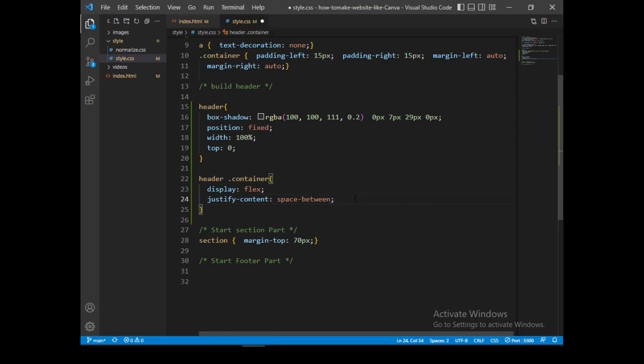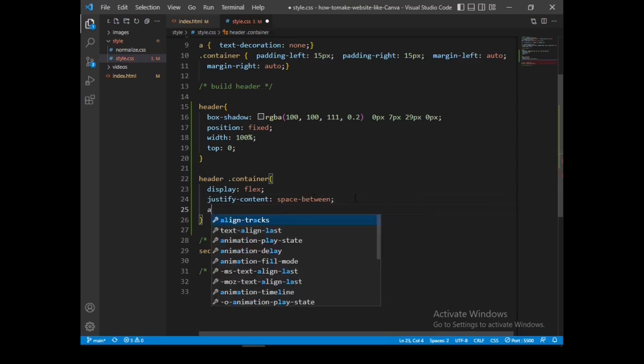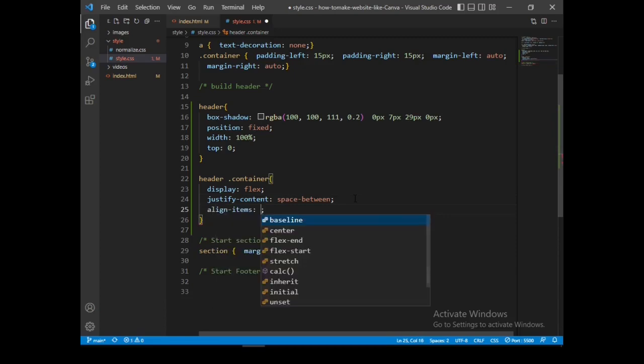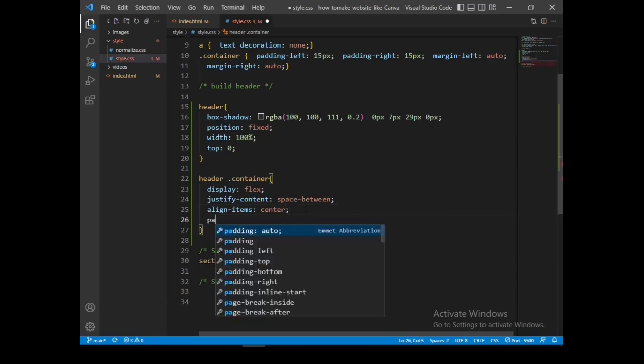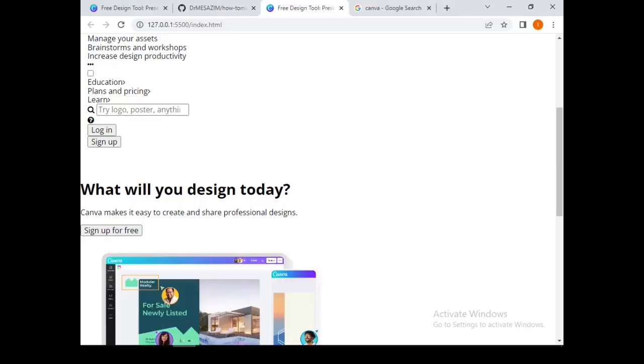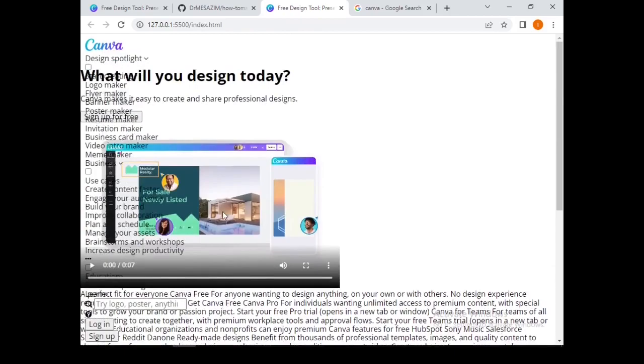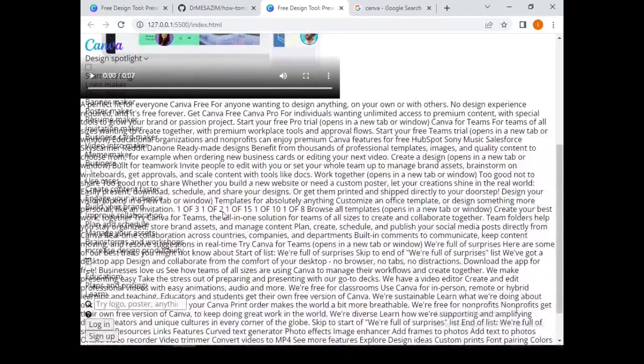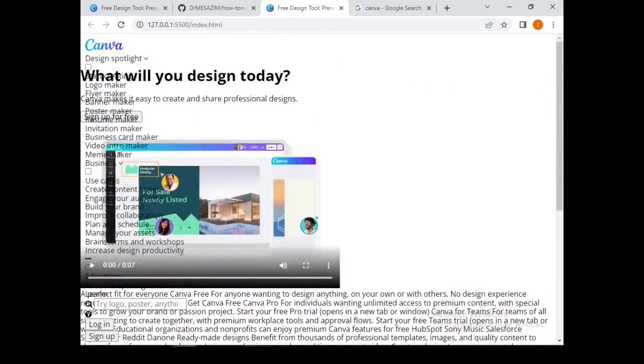Let's align items to center, padding 10 pixels. Okay, we need to continue styling it.